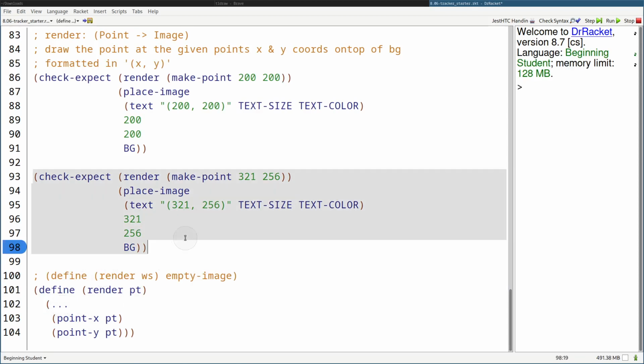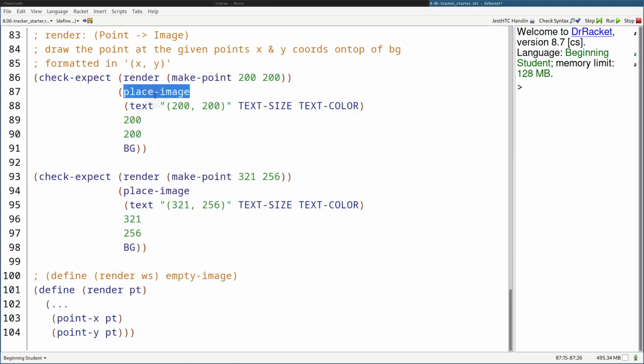So let's see, looking at our examples here, we're going to need a place image. And we're going to need the X and Y multiple times, right? One for this right here, and then another for that, the X and Y. So we're going to need these 4 times, and you're going to see why. So we have to make a text of a string append